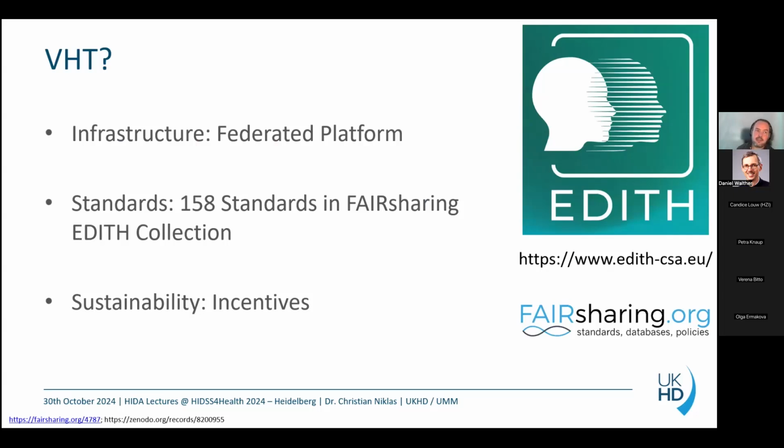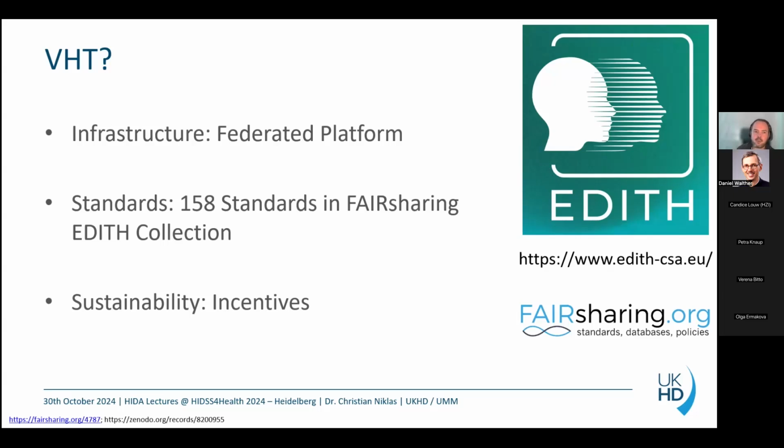And I already said that I have a motivation to reach a certain modeling culture that is called virtual human twin by a sum. So this is, for example, the origin of that term. It's a think tank that is hosted by the European Union, or the European Commission to be correct. It's a load of engineers, some medtech manufacturers, and they envisioned a federated platform as an infrastructure for all stakeholders to partake.